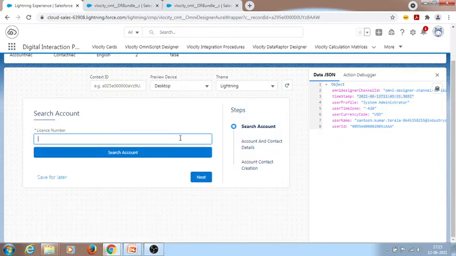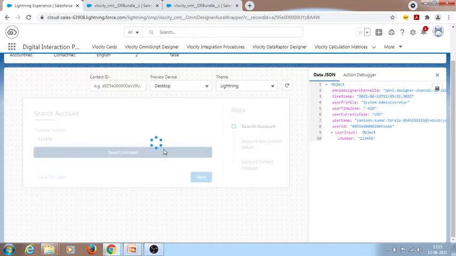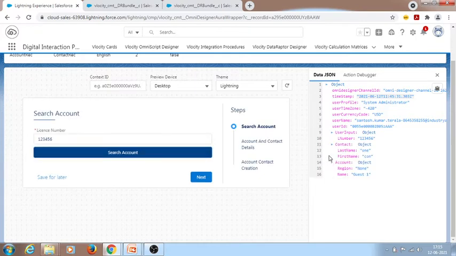When the user is entering a valid number, if they click search accounts, sorry, I have entered one number extra, let me enter the correct one. If I click on search, then contact and account details are retrieved.